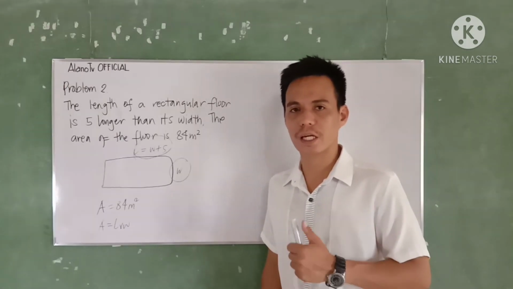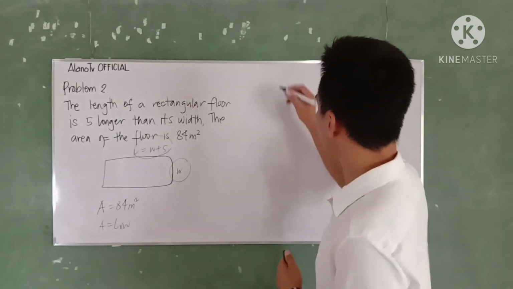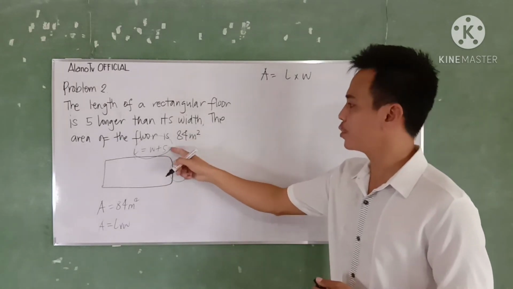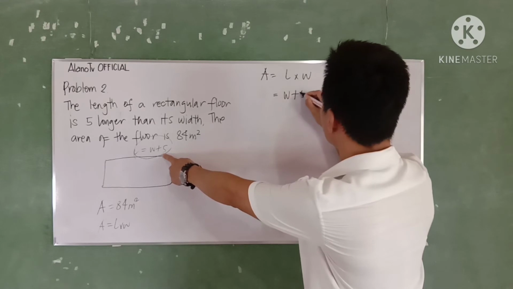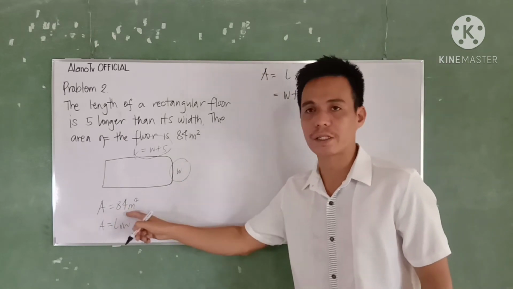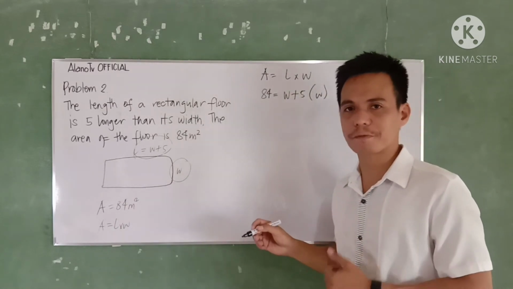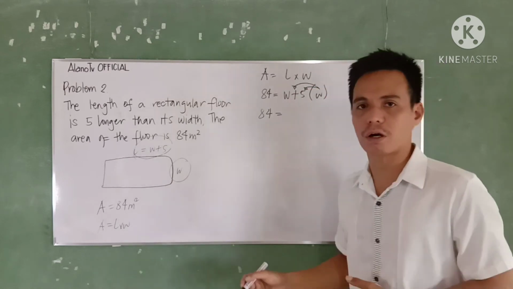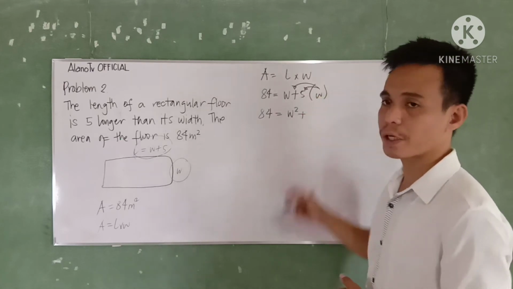Now, since the given is the area and the length and width, let's relate them to each other. So therefore, computing the area, we have area is equal to length multiplied to your width. And substitute your length and your width, so we have area is length, first we have W plus 5 multiplied to your width, which is W. And your value of area, or your computed area there, is 84. I hope you follow, guys. Then let's perform the operation. Therefore, we have 84 is equal to, by using the distributive property of multiplication, W multiplied to W is W squared plus 5 multiplied to W is